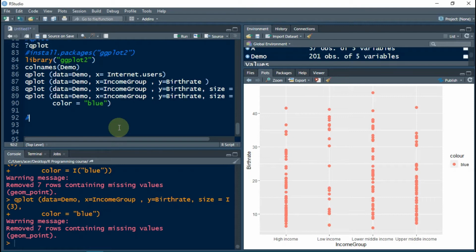So let's create a new section in this R script and let us say, plotting the challenge. Now let us use our function qplot and data equals demo, and I think you all might quite remember what our challenge was. It was to plot internet users and then birth rate. Now let's run this command,